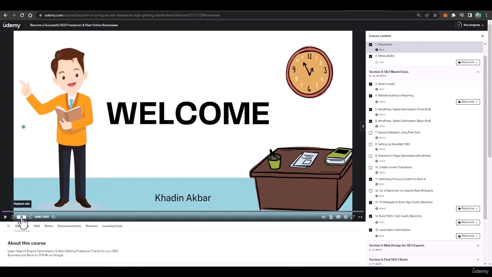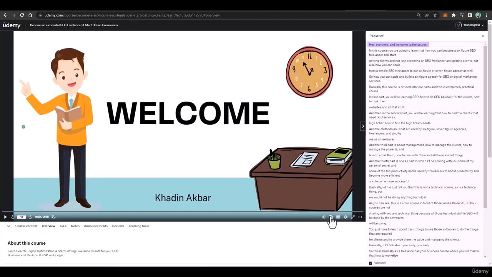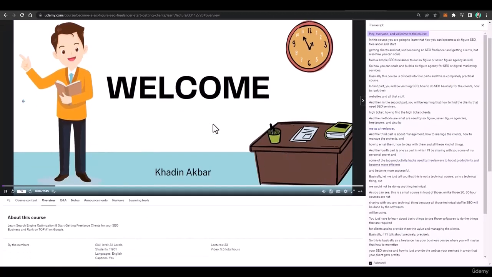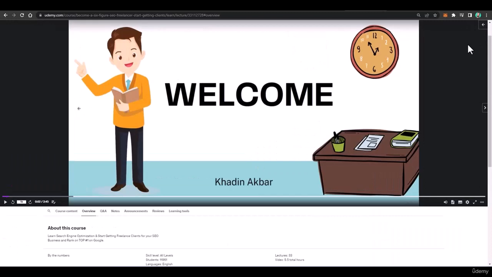From here you can increase or decrease the playback speed, and here you can also see the transcript of the complete course, and as the course is played, the transcript would change. And then here in settings, if you feel the video is blurry and the content is not good, you can select the resolution. You can increase the resolution to HD. But all of my upcoming courses will be in full HD, and maybe in 4K as well. So according to your internet speed and performance, you can just change it.